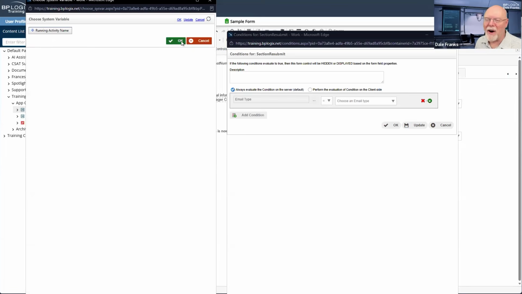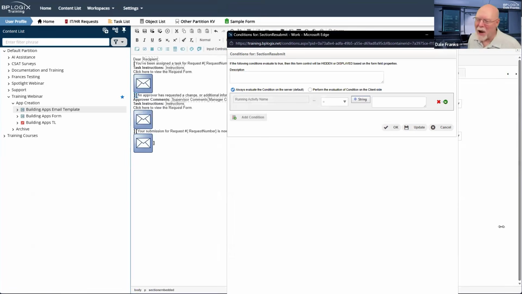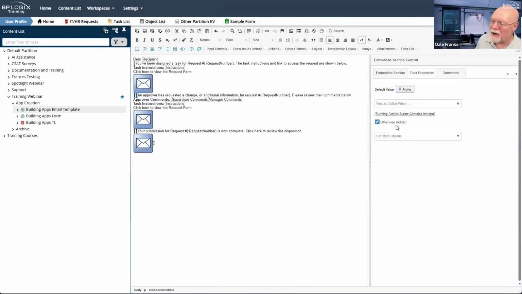I am having a hard time seeing these options today. I think I called it initiator resubmittal. So if it contains initiator, so if the running activity name contains the word initiator, then this message will be visible. It will otherwise be hidden.